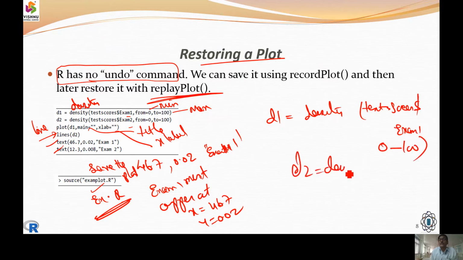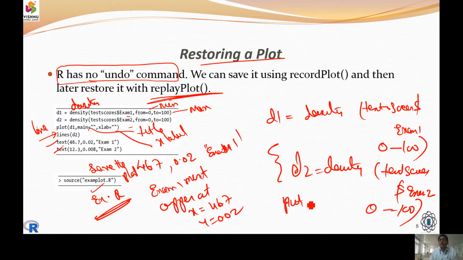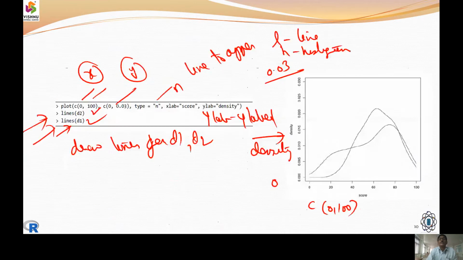Similarly, D2 is a density function with test scores of exam 2 ranging from 0 to 100. So this we are going to put into the line. We need to use these aspects here. So that's the reason why we get the line D2 and line D1.